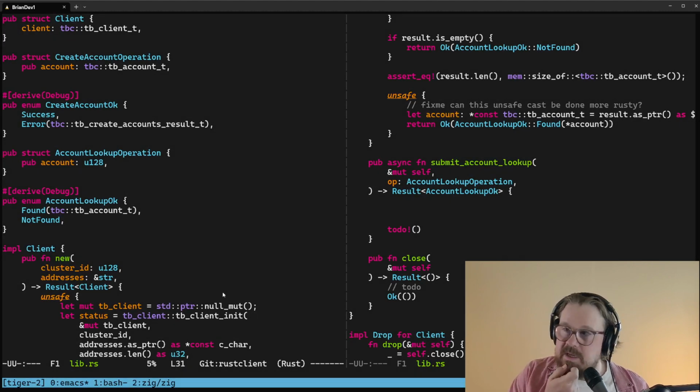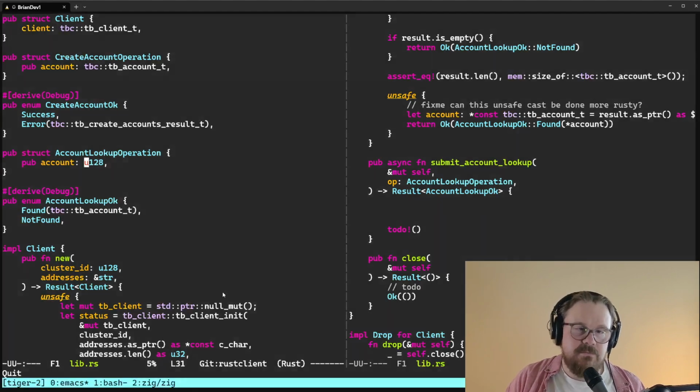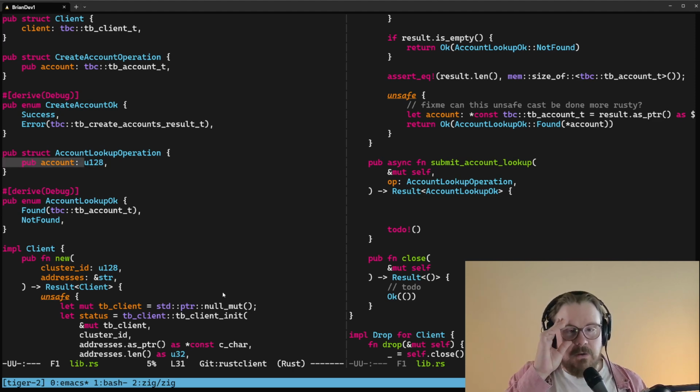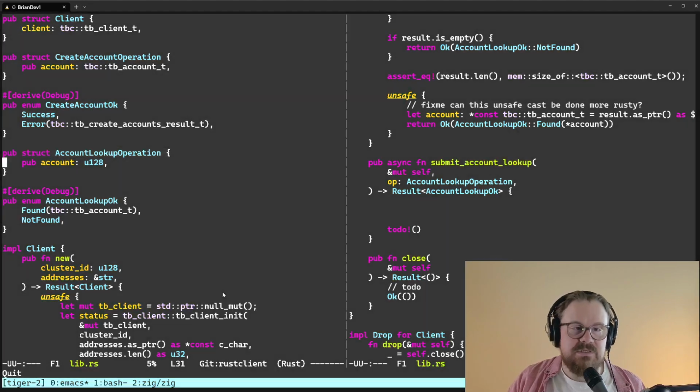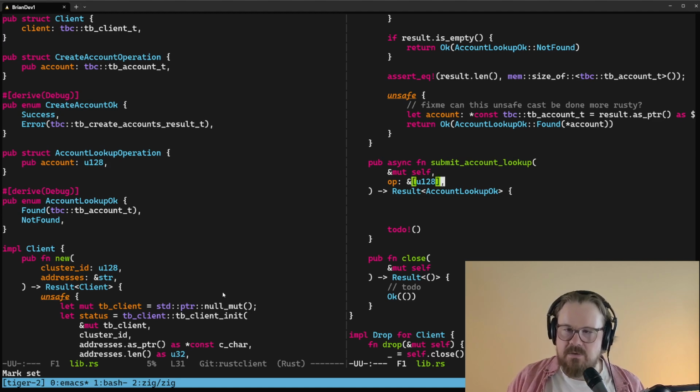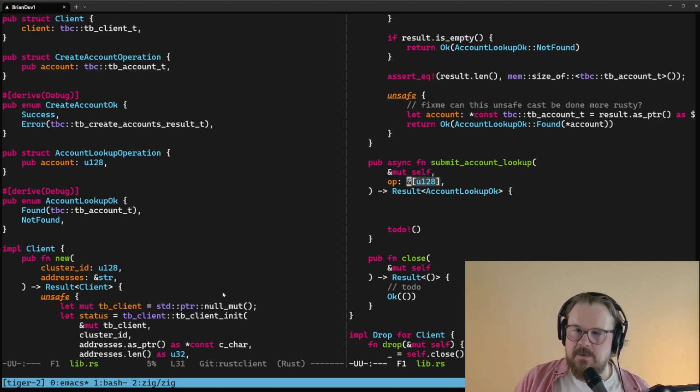You might have to, for example, do a bunch of pointless mapping from user U128s because the user's app is going to be in terms of either their own data type or just U128 IDs here. And having them wrap an array of U128s into an array of account lookups is just going to be extra work. So instead of account lookup operation, I'll go ahead and change this to a slice of U128. And I know there's going to be bounds on how many units you can have here. And for now, we're just going to say,